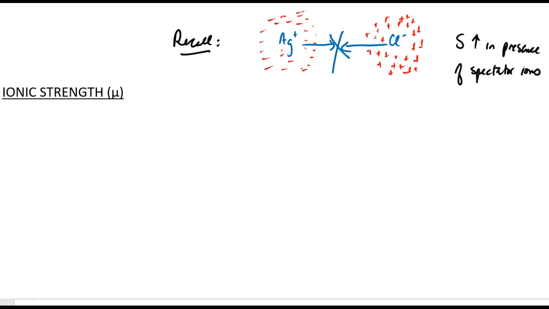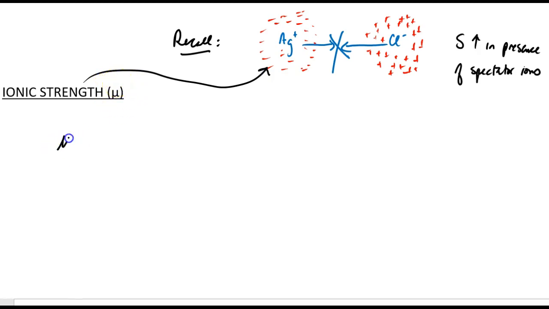Hi everyone, this video is about ionic strength, and let's recall how the solubility of silver chloride increased in the presence of spectator ions. And remember, that's because the spectators lead to these ionic atmospheres that prevent the precipitate from forming. We can actually quantify the presence of spectators using ionic strength, which has the symbol mu, and there's an